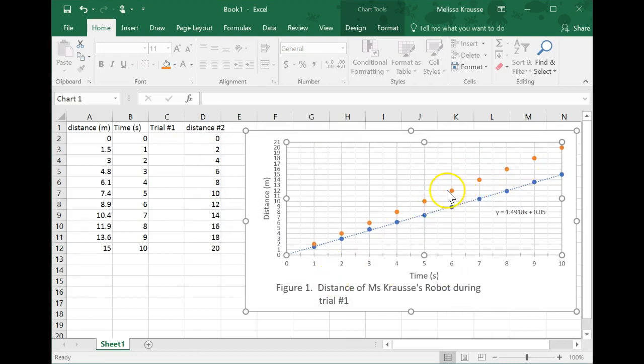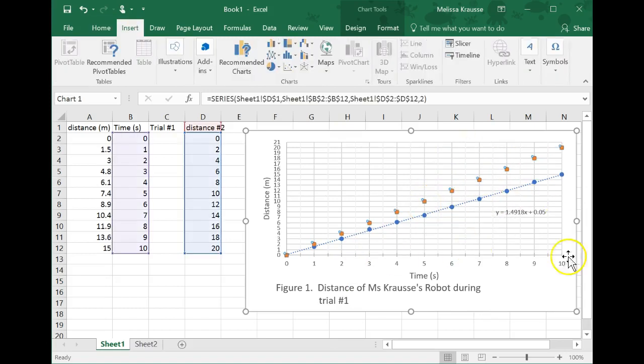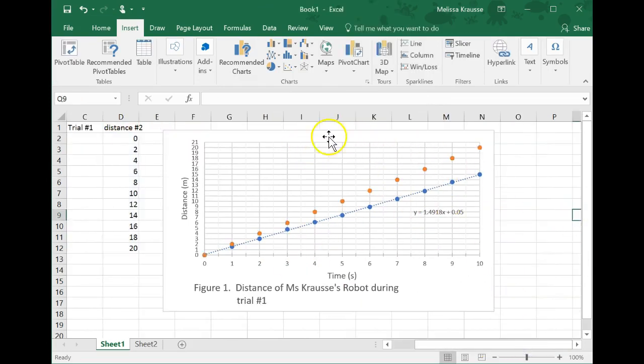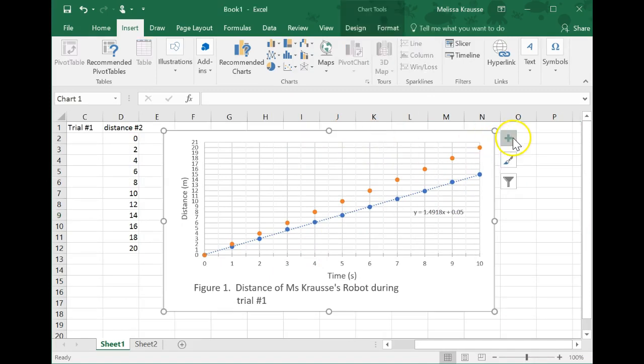And again, you can do a trend line, but this time we're going to have to add a legend. An easy way to add that legend, if you did delete it in the first place, for example, this is the Excel file. If you click on your chart, you get this add feature here. And that is another way you can add elements. So if you